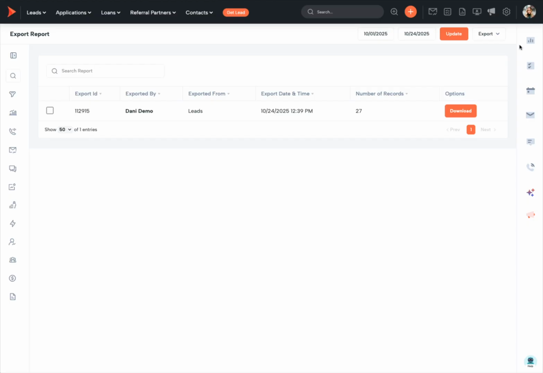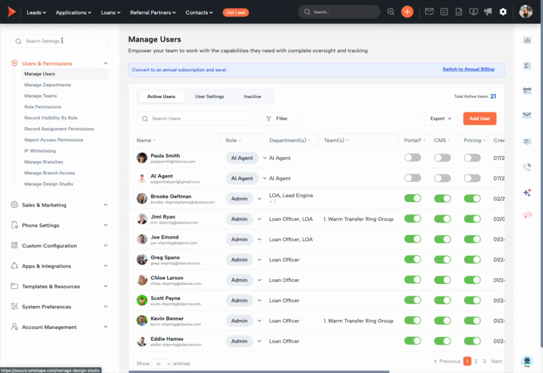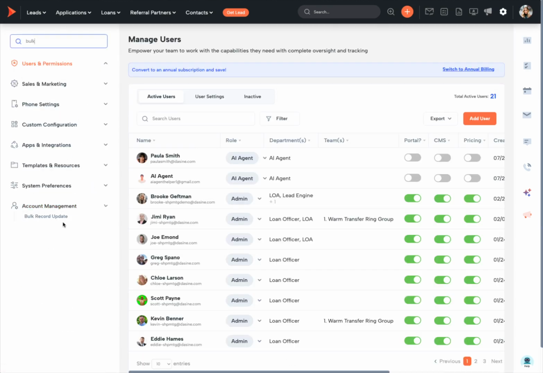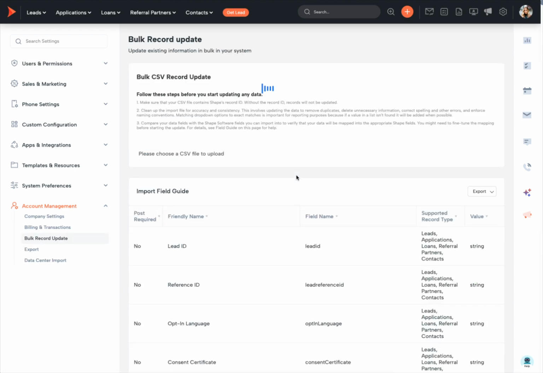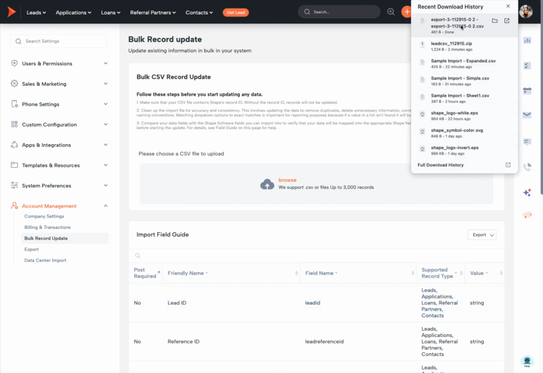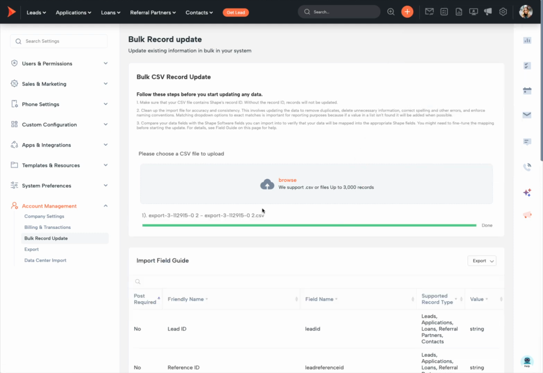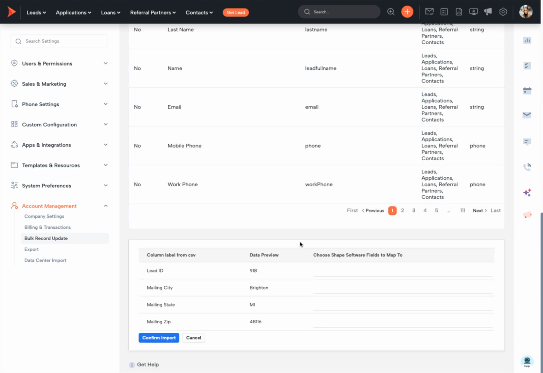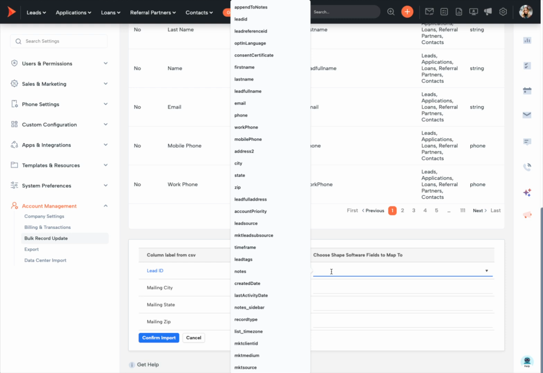Now what you can do is click on settings and go to the bulk record update area, and you can import these here, which is very easy to do. All you have to do is drag that file right into the system, and down below you're going to map the data. Here you can select lead ID,